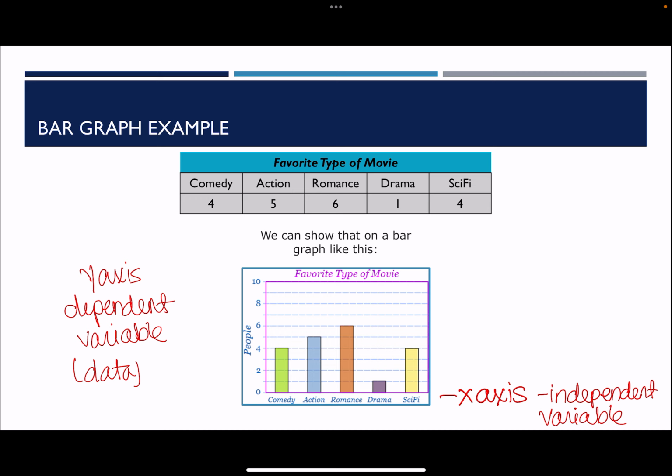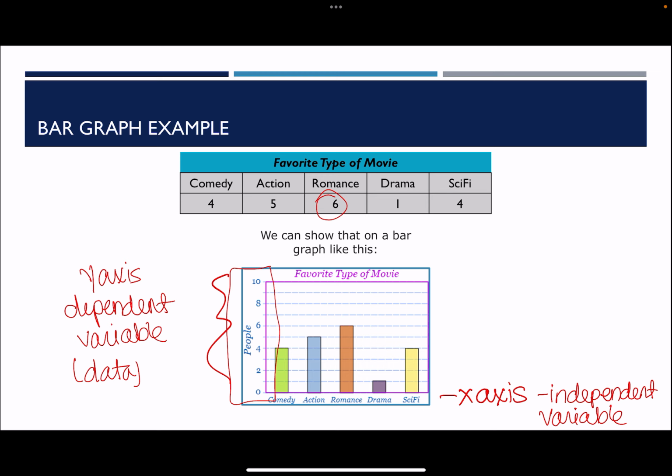You'll notice that there are units provided on this y-axis, and they are spaced evenly. So the way that you space your units really depends on the data that you have and how much you're trying to represent. You want to make it reasonable for the amount of data that you have. So we only have around 20-25 people here. Our highest value is 6, so it wouldn't be reasonable to label this up to 100 or even maybe up to 20, because what we're going to end up doing is squishing our data down at the bottom. So we want to spread out this y-axis as much as we can so that we can more clearly see the trends